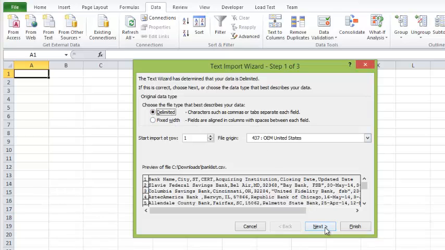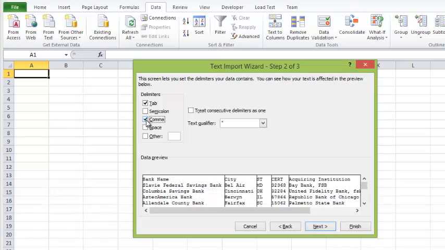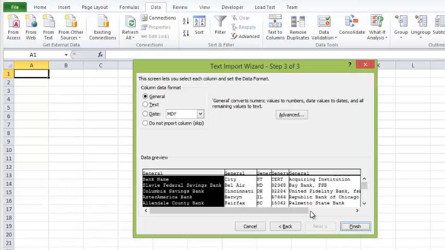So I'm going to click on next. I have delimited already taken for me. Here I have to specify what is that character that is separating each field. I know it is a comma, so I'm going to come here and choose comma, and you will see that it's already showing me a preview that this is going to be a field of its own, another field. So I'll just click on next,